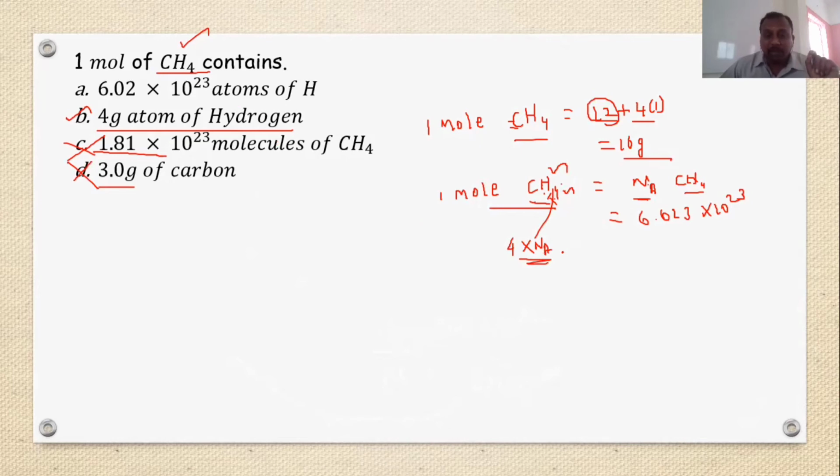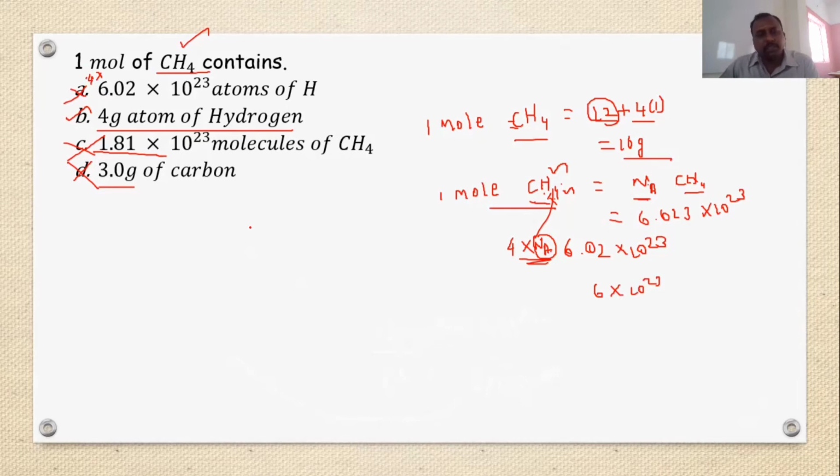So 4 into Avogadro number, Avogadro number வந்து denoted by NA ன்னு சொல்லுவாங்க. That should be equal to 6.023 into 10 to the power 23. சரிங்களா? இப்ப 6.023 னு மென்ஷன் பண்ணலாம், 6.022 னு மென்ஷன் பண்ணலாம், இல்ல 6.02 னு மென்ஷன் பண்ணலாம். ஒரு சில ப்ராப்ளத்துல they take 6 into 10 to the power 23 னு கூட எடுத்திருக்காங்க. Okay, so அப்ப ஆப்ஷன் A is also wrong. அப்ப ஆப்ஷன் A கரெக்ட் ஆகணும்னா 4 into னு கொடுத்திருந்தாங்கன்னா it is right.